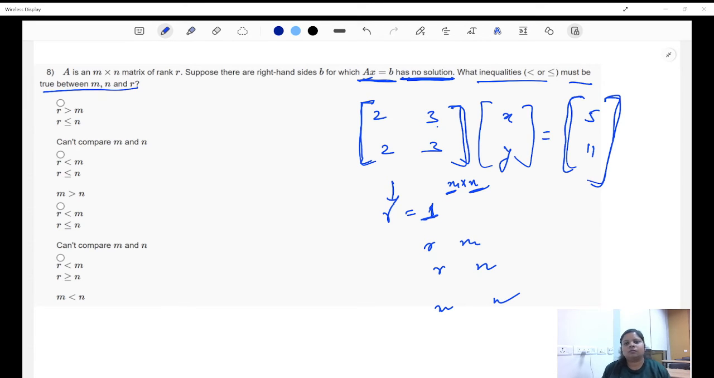And how can we compare M and N? Sorry? I think we can't compare M and N. Yeah, we cannot compare M and N because the nature of a matrix, or the dimension of a matrix, has nothing to do with how both of the dimensions are related to each other. They can only be compared with the rank of the matrix. So I'll tell you the correct option is C,